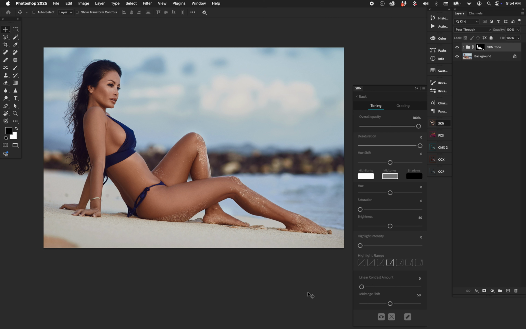So we have obviously some light shaping on her body and her skin tone, and it looks fun. But let's say we want more dimension, more life. Well, there's a couple things we can do. In the middle here, we have highlights, midtones, and shadows. This is not done with curves. This is not done with levels. This is not done with any type of exposure functions. This is done with an